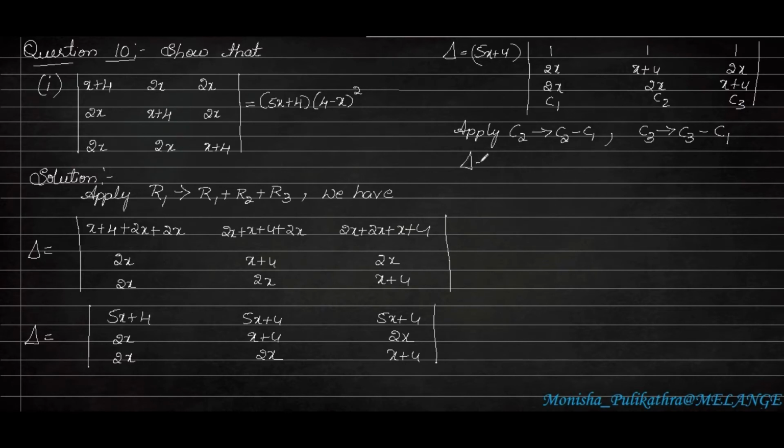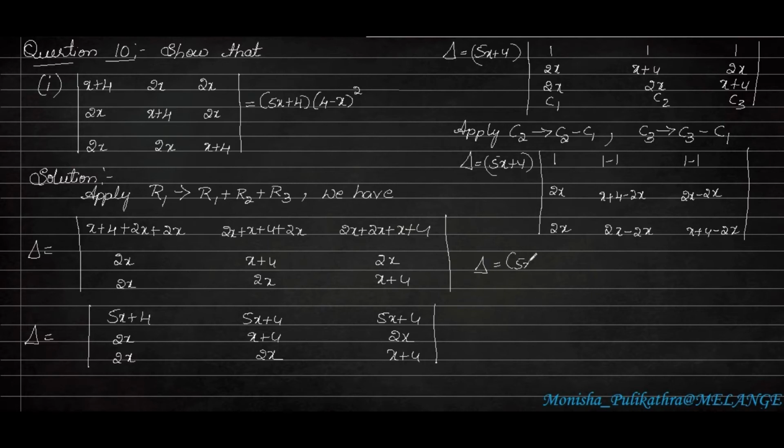Let us write that. So delta is equal to 5x plus 4. Since column 2 and 3 are making changes, column 1 we have to write as it is. So 1, 2x and 2x. This is column 1. Column 2 will be 1 minus 1, x plus 4 minus 2x, and 2x minus 2x. This is C2 minus C1. Next we have to do C3 minus C1. It will be 1 minus 1, 2x minus 2x, and x plus 4 minus 2x. Okay,